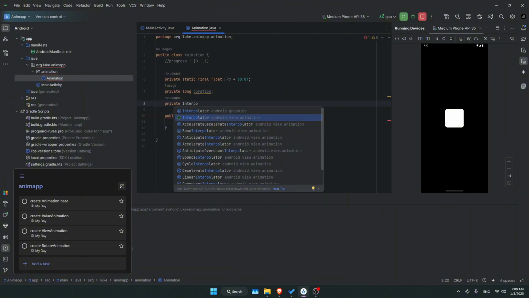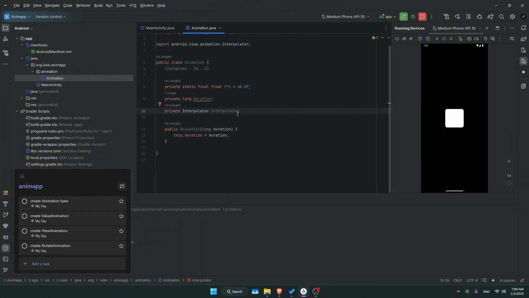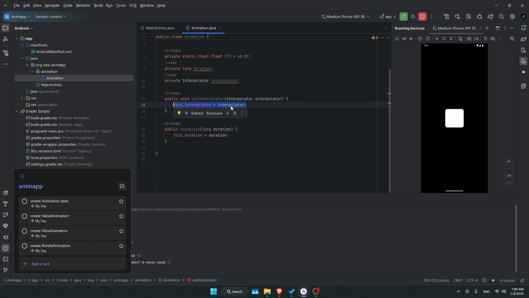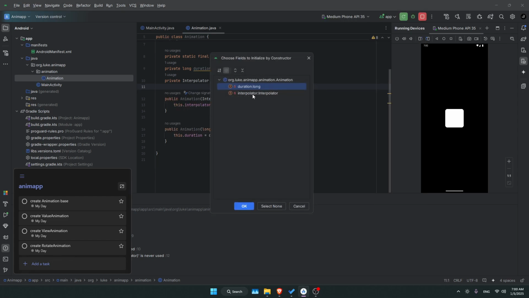Interpolators usually change the speed of the animation across its duration. You have ease in, ease out, accelerate, decelerate, overshoot, anticipate, linear. You have many types of those. You can look them up. It's a separate topic, but I'm going to use them in my package. So I need a constructor that takes an interpolator, and then I need a constructor that takes both, and I'm just gonna generate it because I'm a lazy developer,